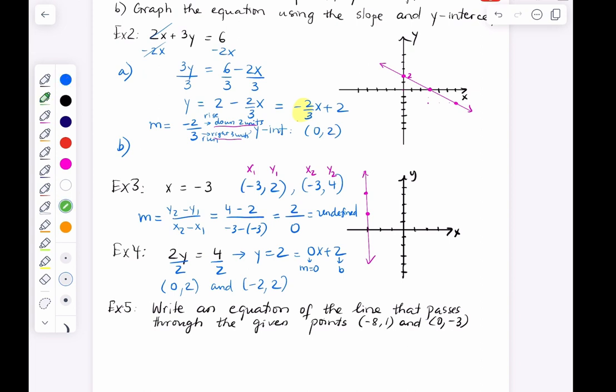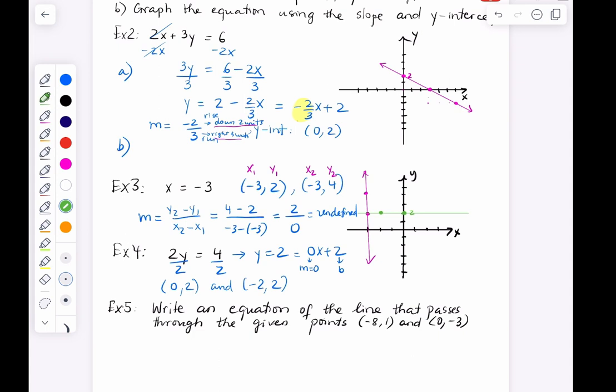So this time I'm going to plot the 2 points in green. So we have 0, 2, that's going to be this point. And then we have -2, 2, that's going to be this point right here. And now I connect the 2 dots, and as you can see, I end up with a horizontal line with